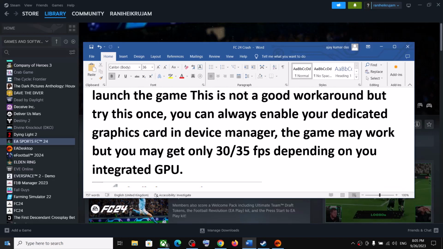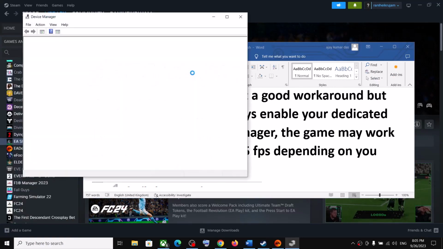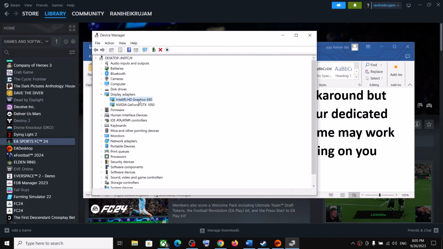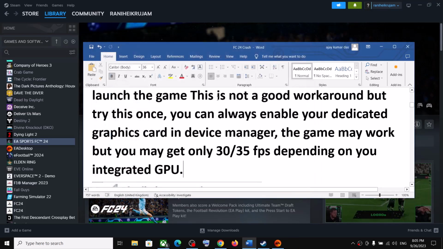For this, right click on the start menu and then click on Device Manager. Expand Display adapters, and I don't have UHD graphics over here. I have Intel HD 630. So you have to disable your discrete card. This may be AMD in your case. Right click and then click on Disable device, and you have to connect the monitor to the